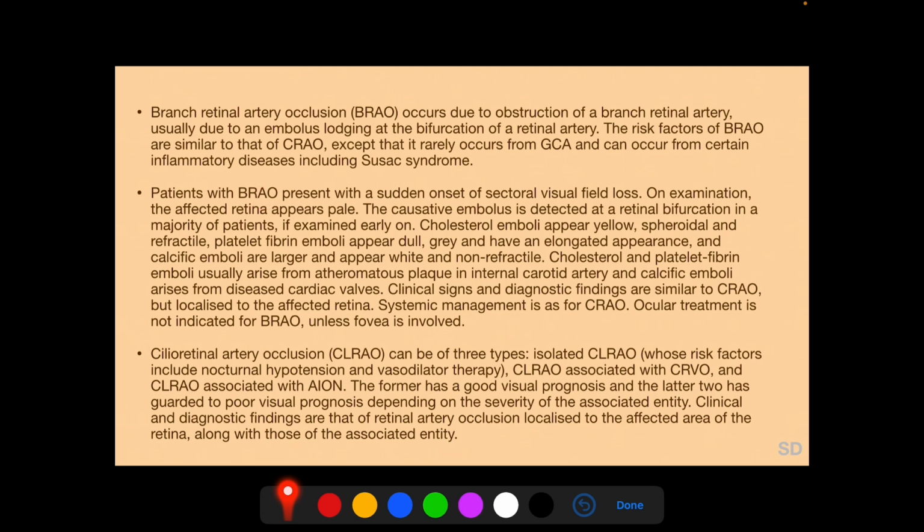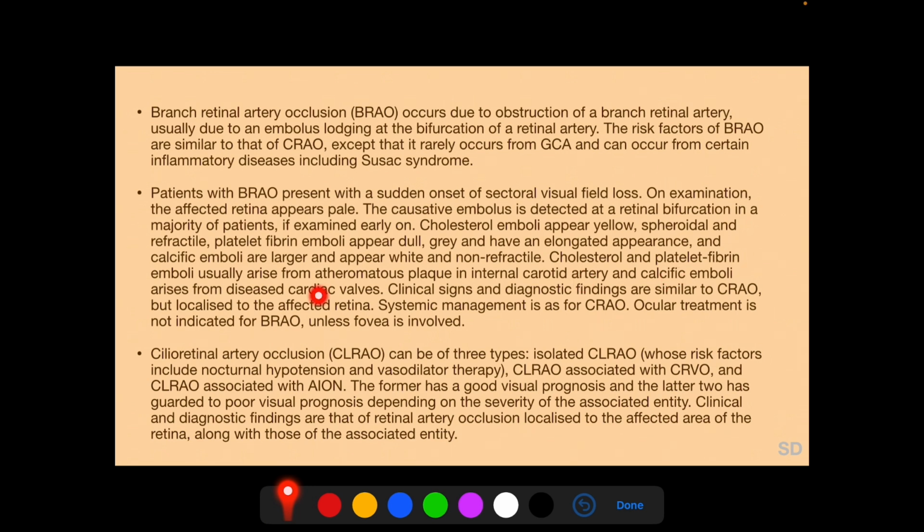Patients with BRAO present with a sudden onset of sectoral visual field loss, and on examination, the affected retina appears pale. The causative embolus is detected at a retinal bifurcation in a majority of patients if examined early on. Cholesterol emboli appear yellow, spheroidal, and refractile. Platelet fibrin emboli appear dull gray and have an elongated appearance, and calcific emboli are larger and appear white and non-refractile. Cholesterol and platelet fibrin emboli usually arise from atheromatous plaques in the internal carotid artery, and calcific emboli arise